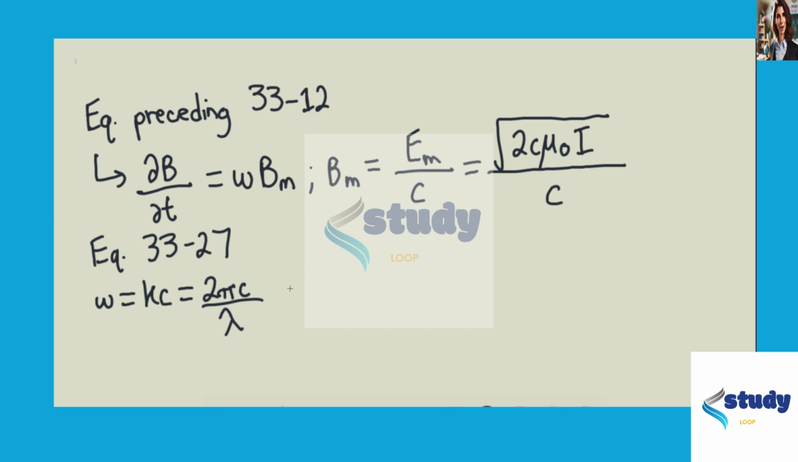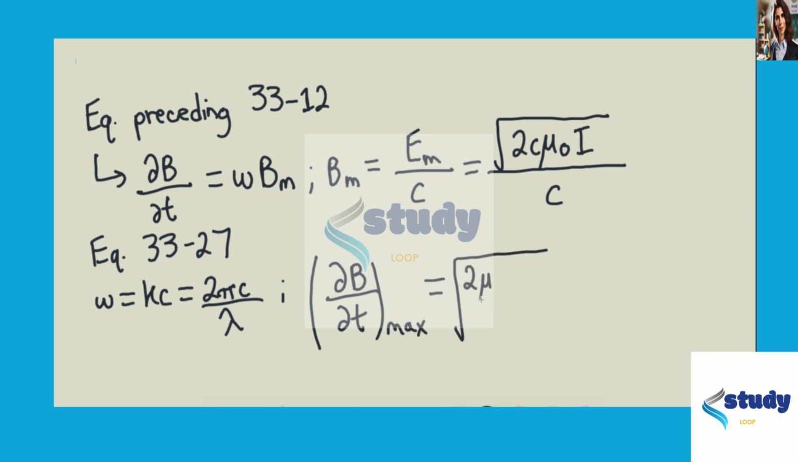So essentially substituting this all together, we find that the maximum change in the magnetic field with respect to time would be equal to the square root of 2 times mu naught multiplied by the power divided by 4 pi c. And then this would be multiplied by 2 pi c divided by lambda r. And we can then substitute, and we find that